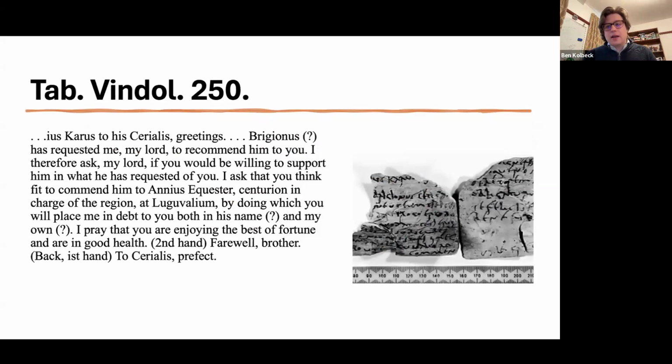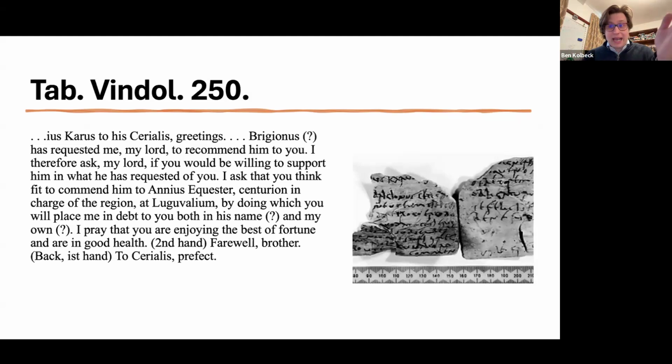This is another one, we don't talk about this one too much, but this is another one of those recommendation letters. This is Cerealis. He's not writing for himself here. He's writing for someone else, one of his protégés, whom he's recommending to another military officer. So again, we're seeing this pattern of social advancement by getting powerful people to speak on your behalf. And here he's talking